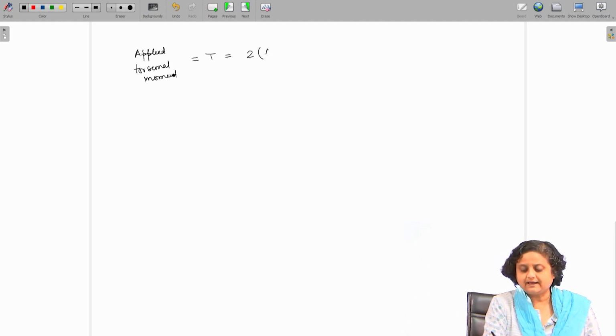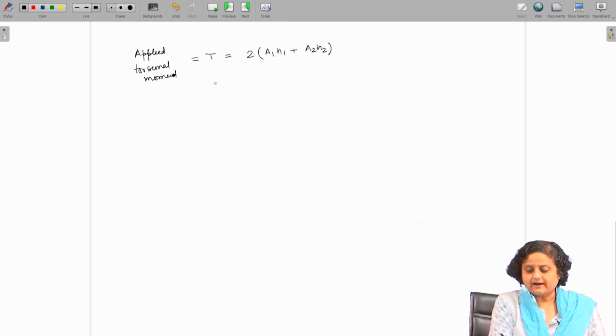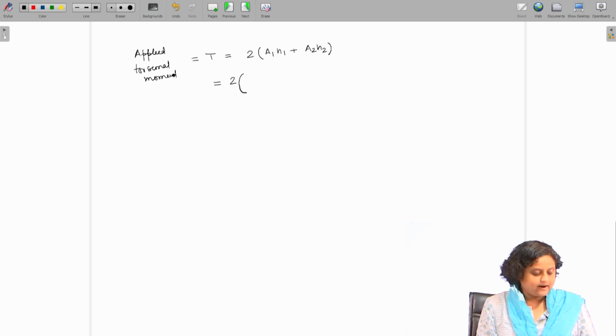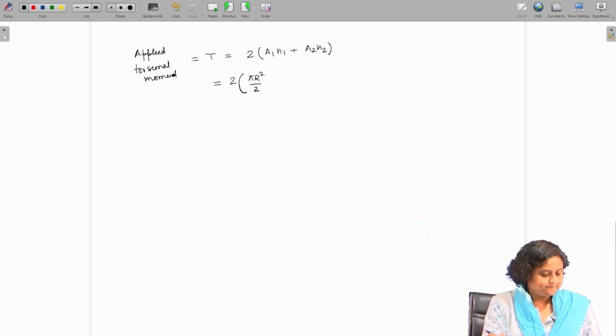So, for this case it can be written as A1 H1 plus A2 H2, where A1 and A2 are the areas enclosed by cell 1 and cell 2. If I substitute the values, A1 is going to be pi r square by 2, and H1 is going to be tau 1 into 2t,